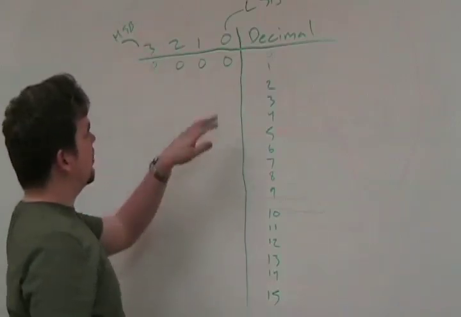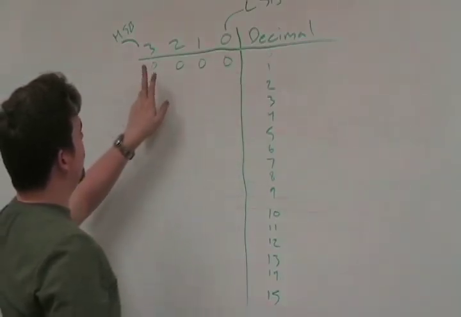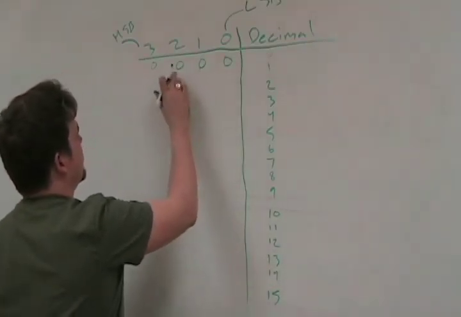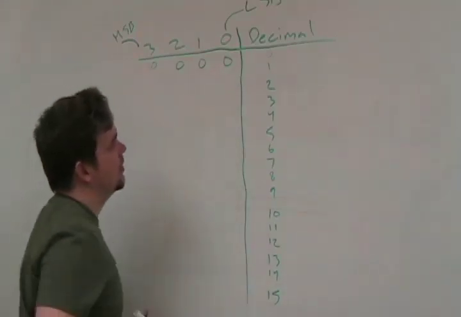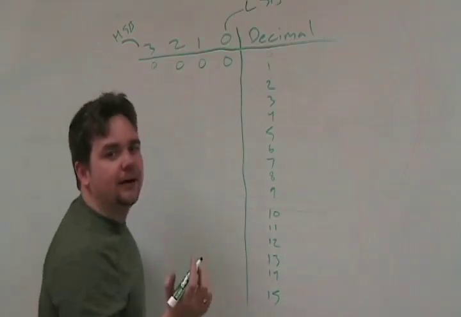So we're always counting from the left to right. If we had 1000, it would be actually much bigger than 1000 from left to right, or rather 0001. So if I want to show you 1 in binary,